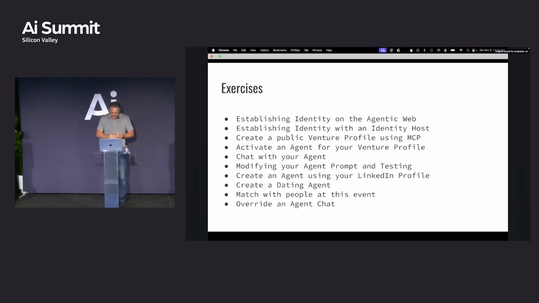The last thing down here is overriding an agent chat, which is kind of fun. It's a philosophical thing: can an agent go back on their word? If my agent's found your agent and they're chatting, and you don't like me, can I go back, revise myself, and start the chat with you again? I don't know what the right answer to that one is, but you can do it on the system here, which is kind of fun.